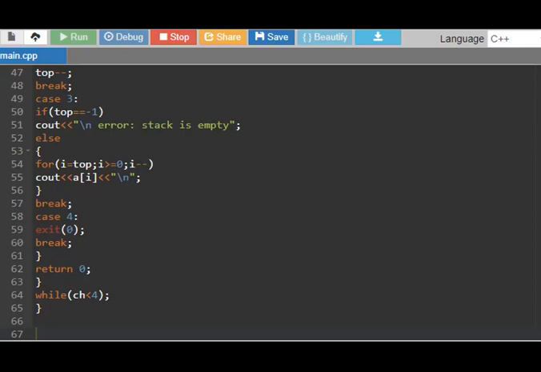So the size of the stack is 6. Then one by one, we enter the values 56, 58, 12, 45, and 90.